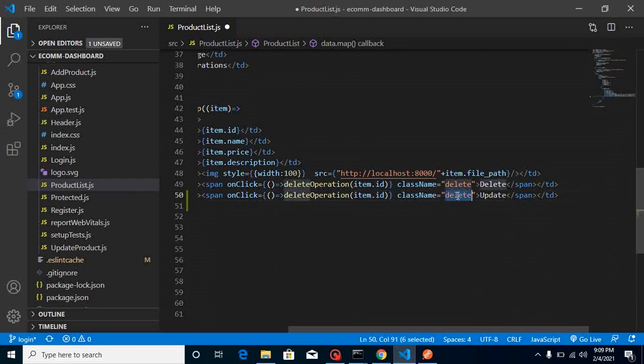I don't need the update class and delete class here. I'm just changing it with the update. I don't need this function also, so I will remove it. Now let's add an update class in the